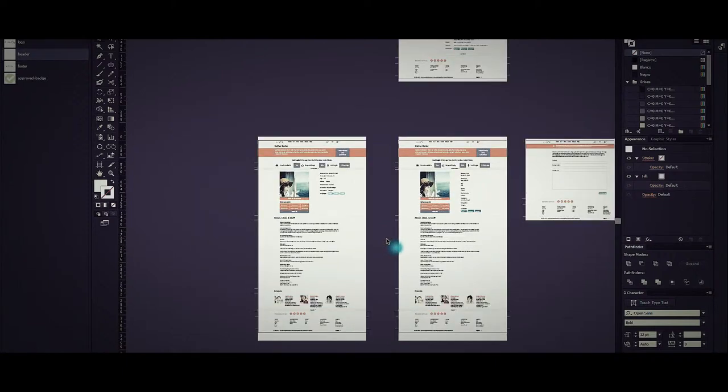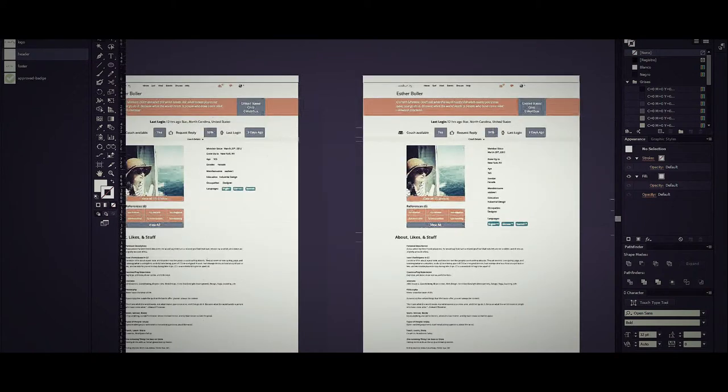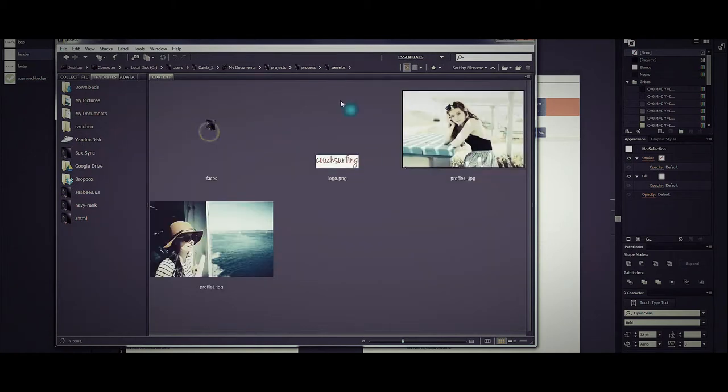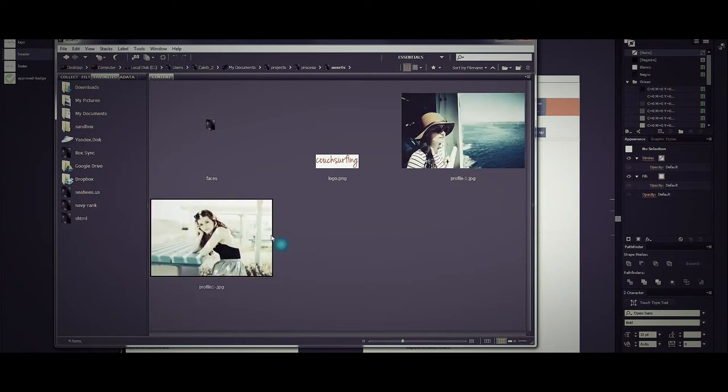Let's see, linked images. How I have my folders set up is I have everything in one directory: the working file is one presentation, and then assets, being any images. I like to use fairly generic names like profile or image 1. That way, if at any point I want to update stuff, all you'll have to do is